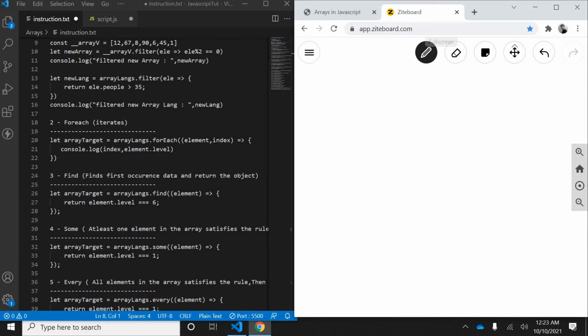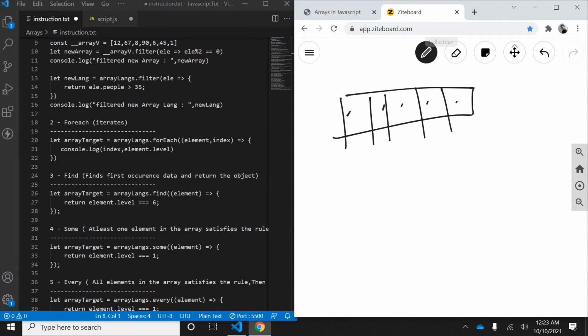Again we'll take a similar array. This is the array, I have around 5 elements, and what forEach will do is iterate one by one in the same loop. It will iterate this, then this, then this, then this, then this. So you can iterate through it and have your own logic. So forEach is a pretty simple one. It is just like a for loop you are doing.